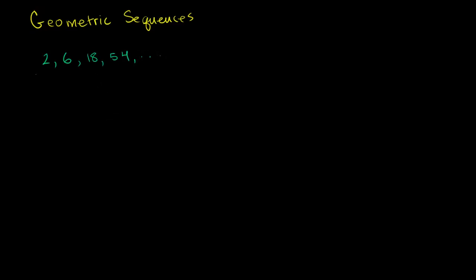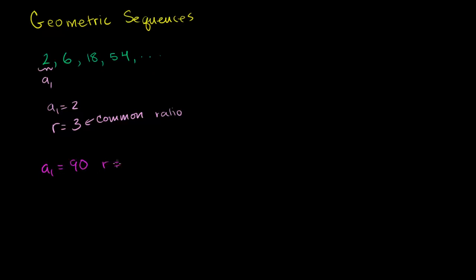If we want to get some notation here, this is my first term. We'll call it A1 for my sequence. And each time I'm multiplying it by a common number, and that number is often called the common ratio. So in this case, A1 is equal to 2, and my common ratio is equal to 3. So if someone were to tell you, hey, you've got a geometric sequence, A1 is equal to 90, and